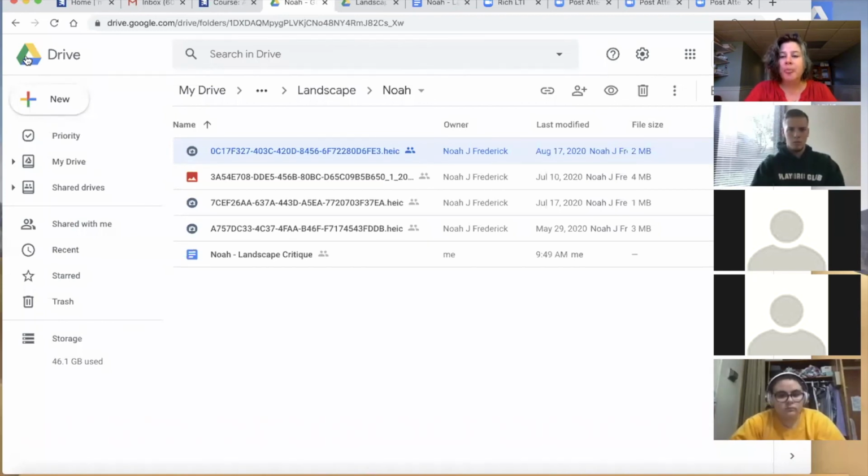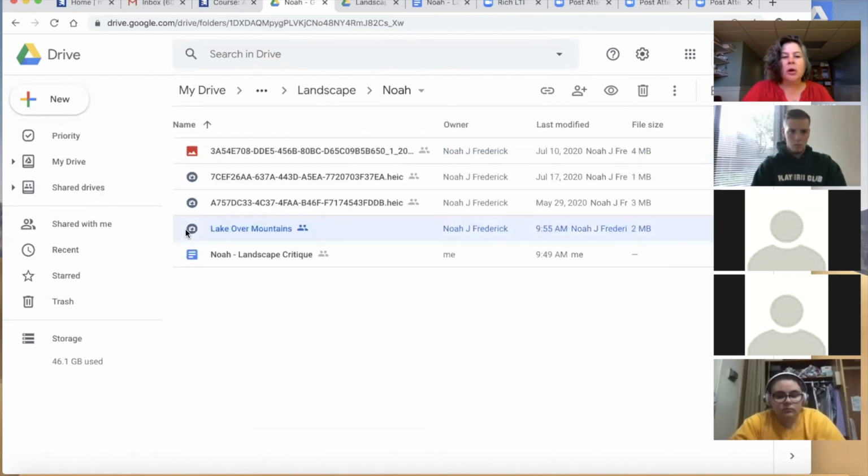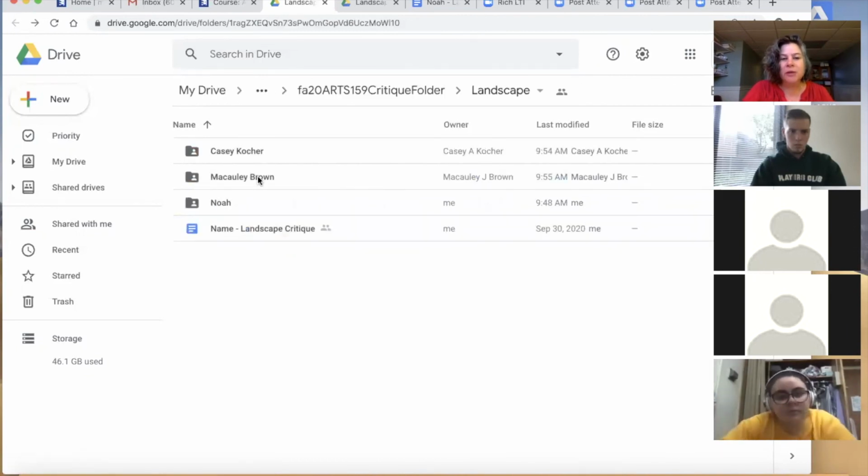Are we critiquing only one other student, or are we doing one for everyone? You're going to go through all the folders and critique each student. Okay. So, once Casey makes her folders and Macaulay's made her folder, once everybody's gone in there, you're going to click on each student, take a look at their images, and write a brief comment on every student in the class.